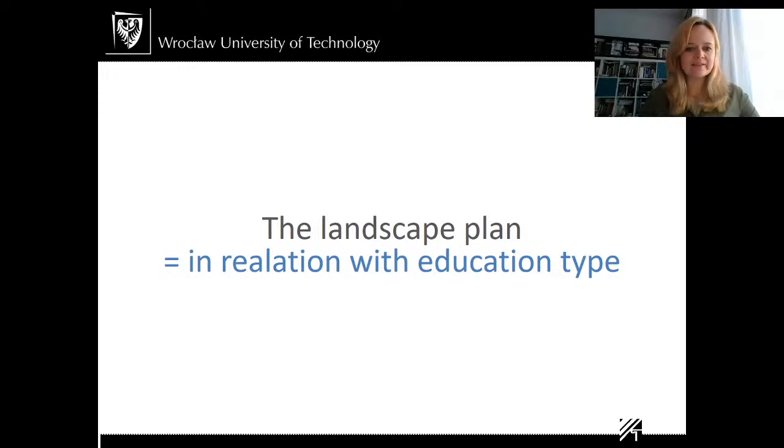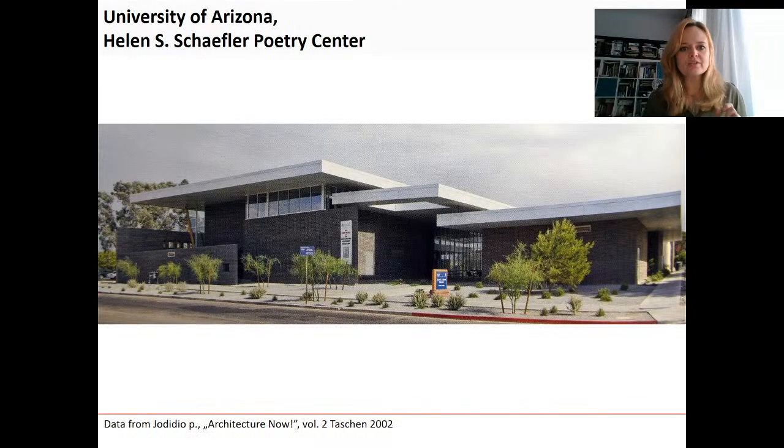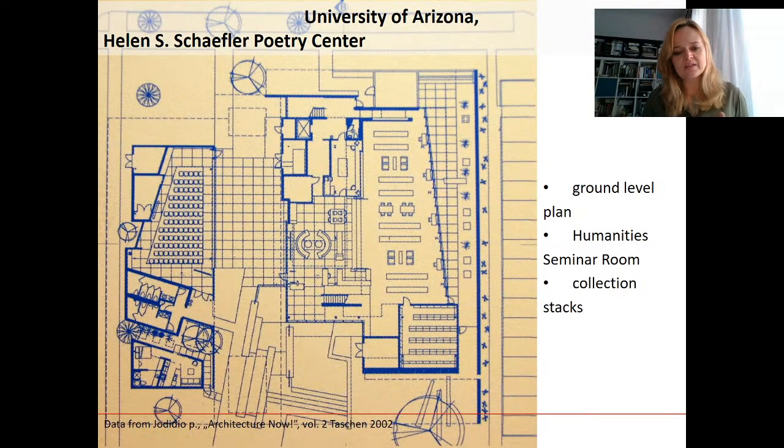And here now the landscape plan. So different types of plan. This one was more of a corridor plan, although you could see that it's a mixed type. And this one here is a landscape plan, and it's the University of Arizona, the part of Schaffler's Poetry Center. So it's a poetry school, it's a literature school, and you can see that the design is very landscape-like. There are frontal stairs which are in the open air, but they are part of the layout. Of course, you can see one auditorium,